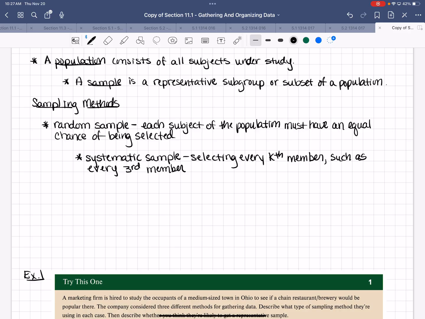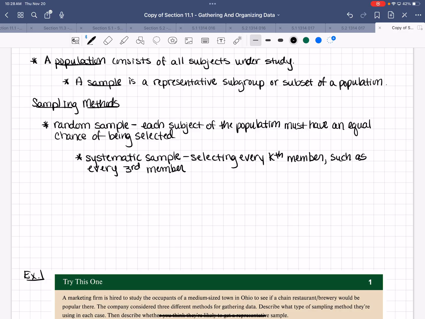Let's say that you wanted to give an exam in that class, but you didn't want to give the same exam, and you didn't want to just pass out so that every other person gets a different one. What you could do in a systematic sample is you pretty much number everybody in the class, and then